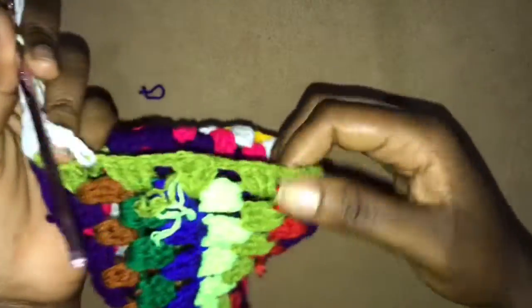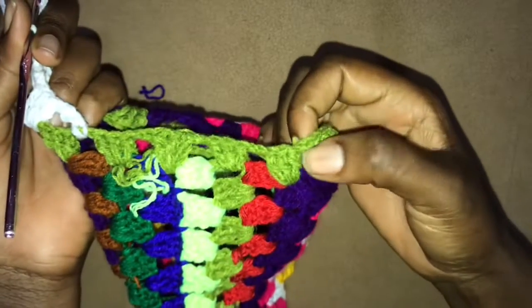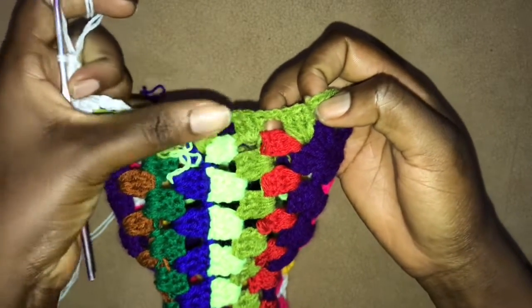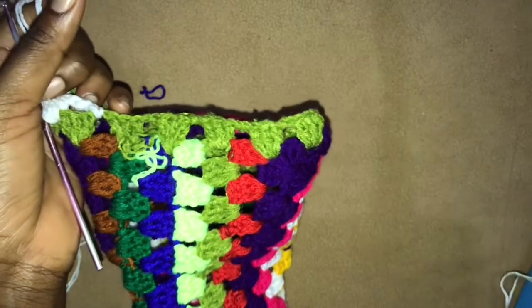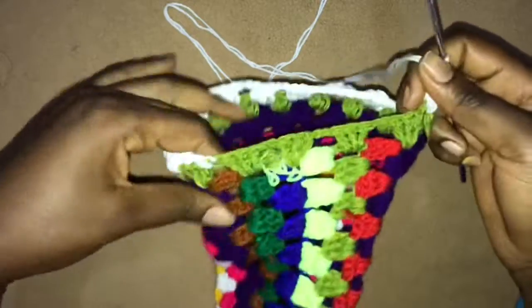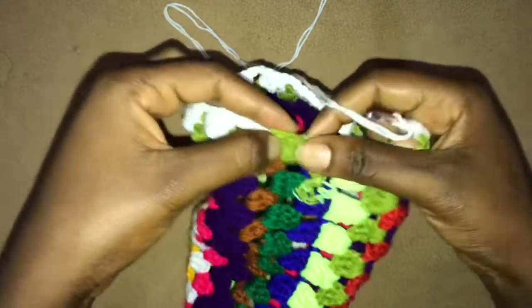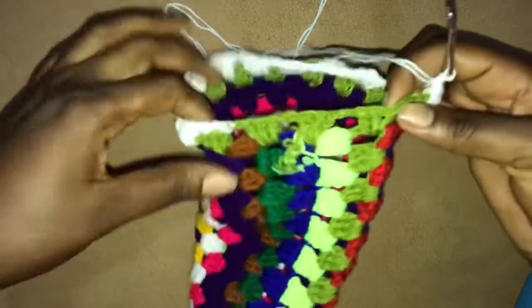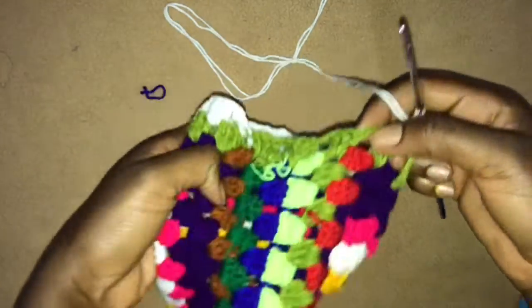Work all the way around until you get here, okay? When you have 1, 2, 3, 4, yes, until you are here, that's where I'm going to meet you and show you what to do. So I am right here. Remember, I told you I want us to have just 3 sets of double crochets. So like you can see here, we started with these 3 chains,